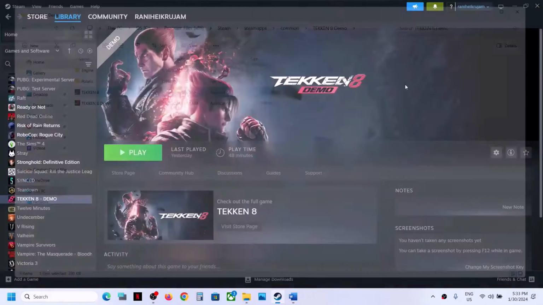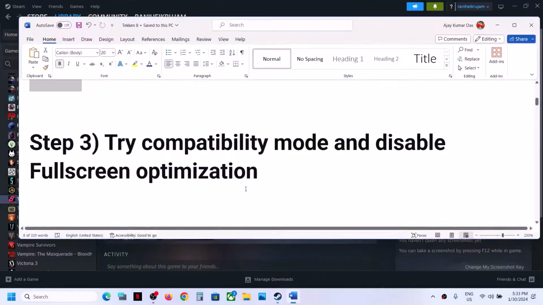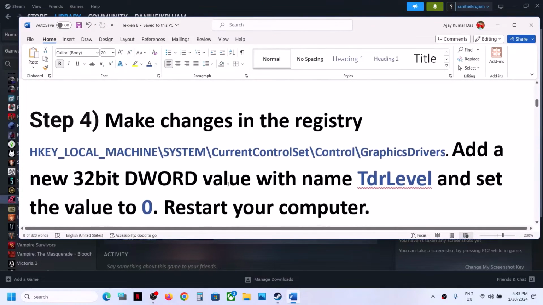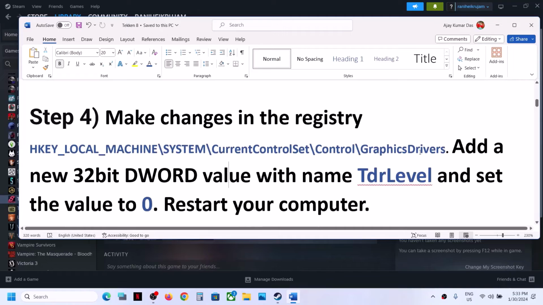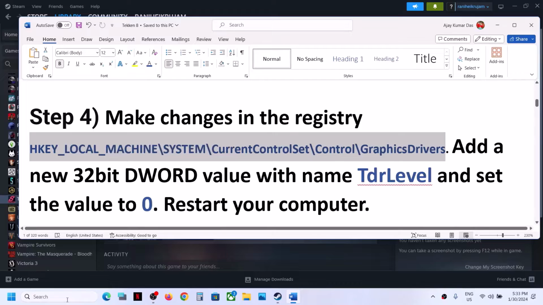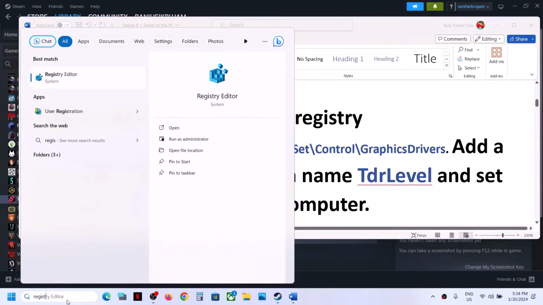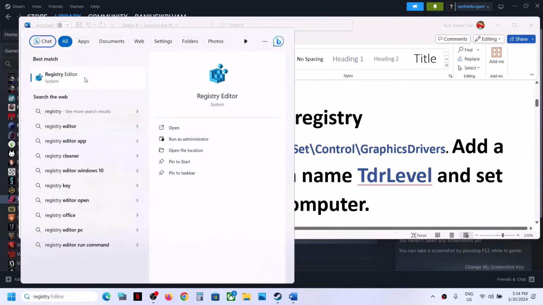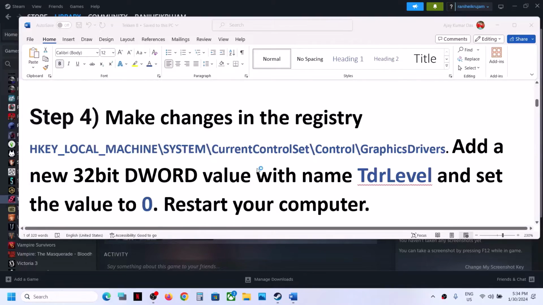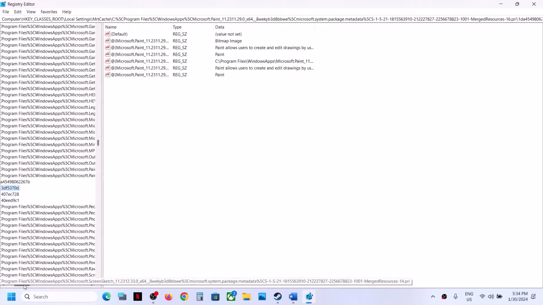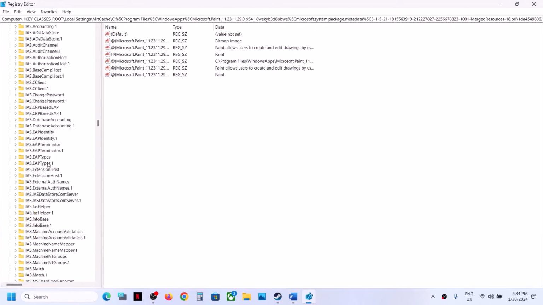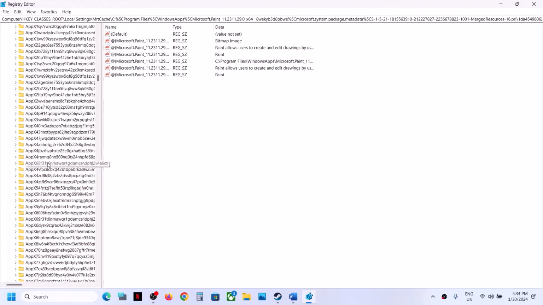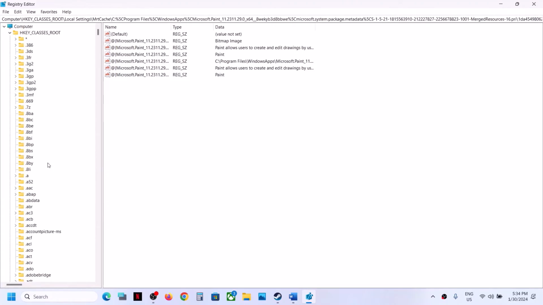Now the next step is to make changes in the registry. Now this has worked for few players, so it might work for you. So you can go to this location, so type in registry editor in Windows search box, and then click on registry editor, click on yes to allow, and then now